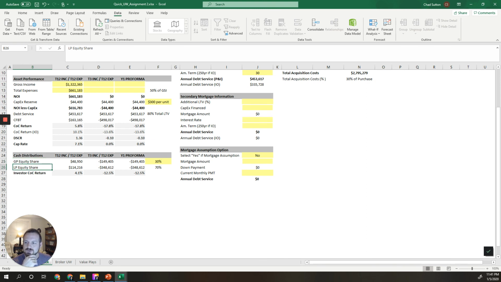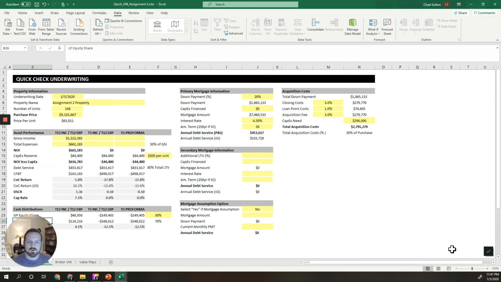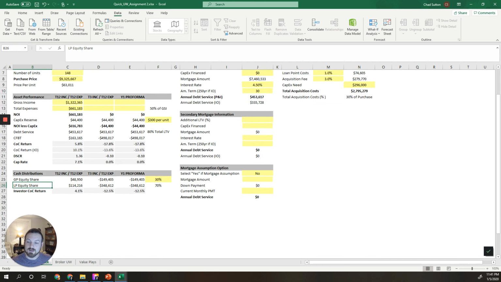The limited partners are going to be the people who want to passively invest in this deal. So they're going to put up a good chunk, if not all, of the down payment, but they're going to want to get paid in returns of that. So they're going to have an equity ownership. They're going to get 70% of the deal. 30-70 is a pretty common split. It does get better than that. It does get worse than that. I've seen people go down to 10, but